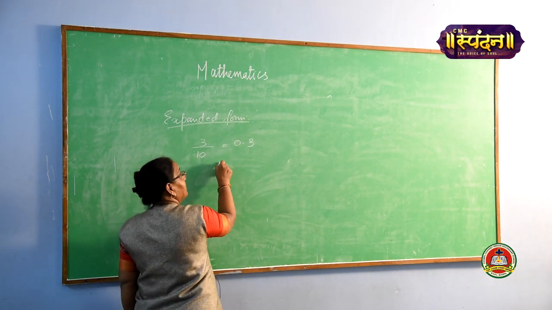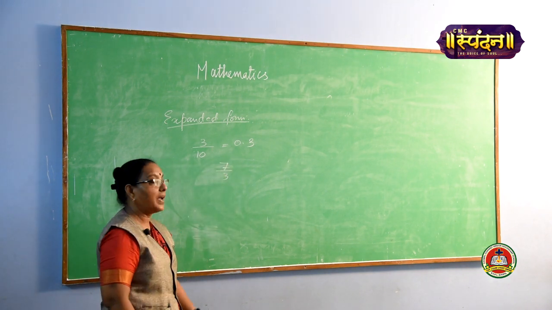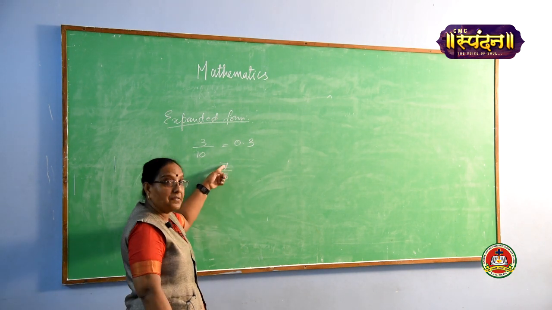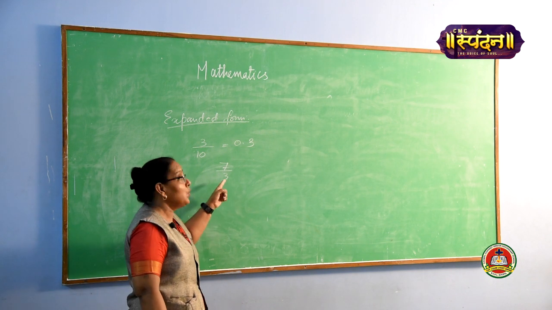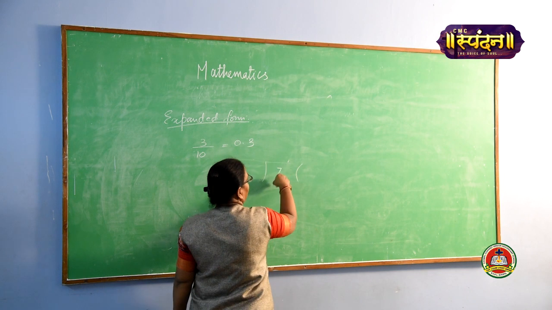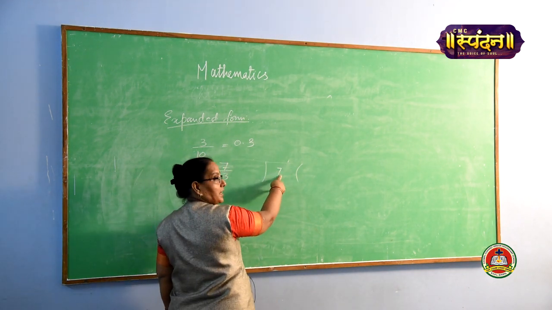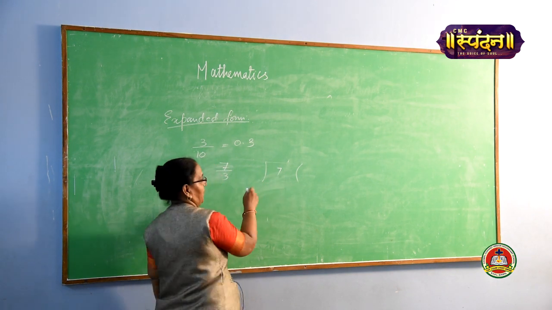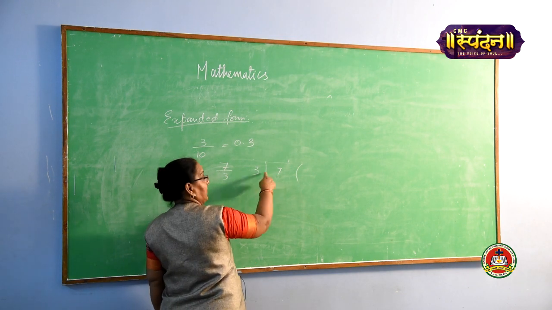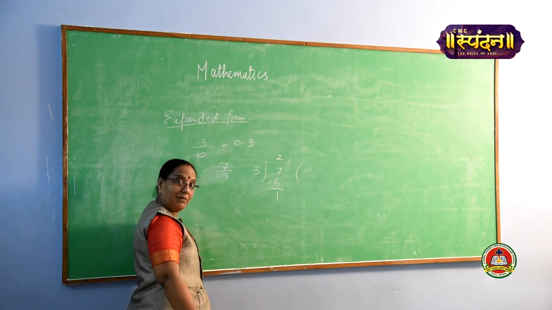Suppose sometimes it is like this, 7 by 3. Okay. 7 is the numerator and 3 is the denominator, that means this is the dividend and this is the divisor. You have to divide 7 by 3. So how to divide? This traditional method, simple. Write the dividend inside the bracket, because this is the place for the dividend and this is the place for the divisor. So here it is 3. You know the table, 7 is not there, so we read 3 2s are 6. When you subtract, 1 will come.